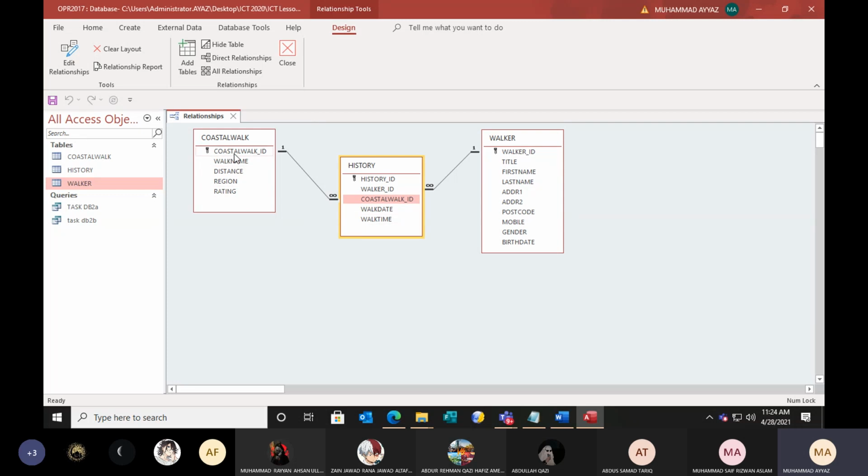If you update coastal walk and the coastal ID is here, it will be updated here also automatically. If you are updating ID here and ID here, it will be updated automatically. So it means wherever the related information is, that information will be updated at the same time because they are interlinked with each other.